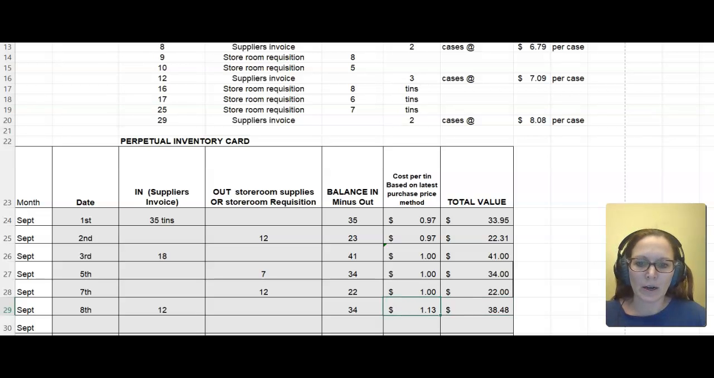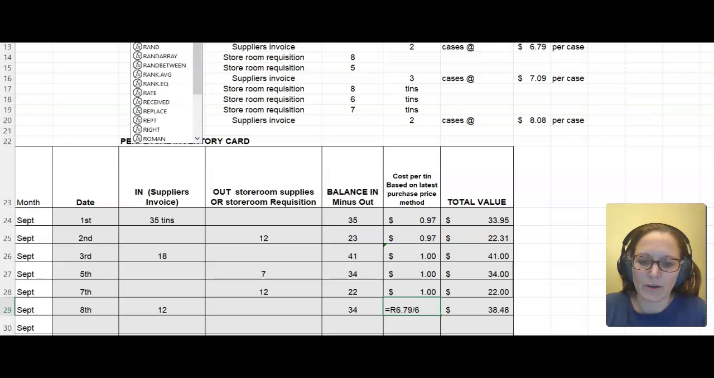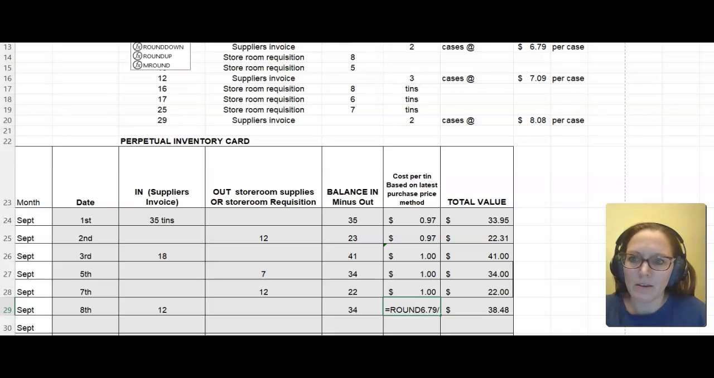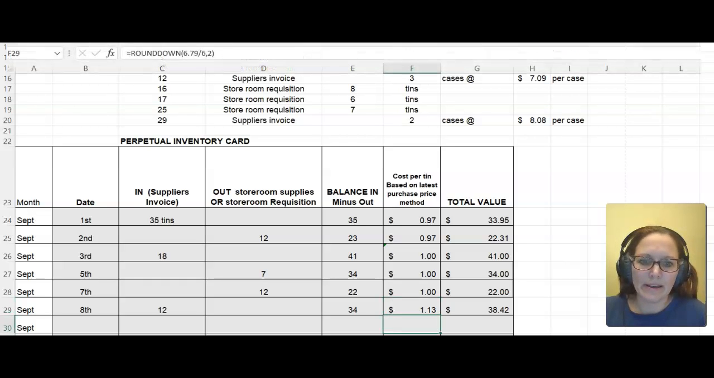So we're going to go back into our cell of F29, and now we're looking at this, instead of rounding up this time, we're going to round down because it should be 42, not 48 at the end there. So we're doing round down. And then we put our bracket, and again we're doing the 2 decimal places, another bracket, and now when we look we have our